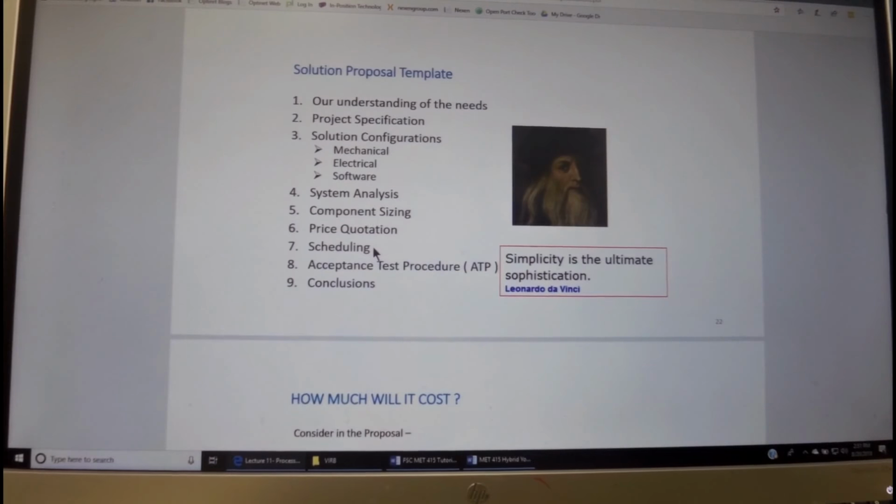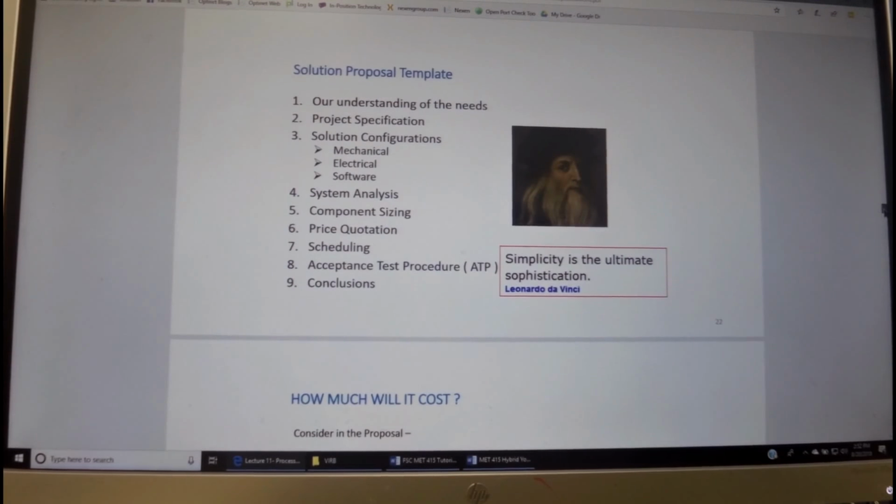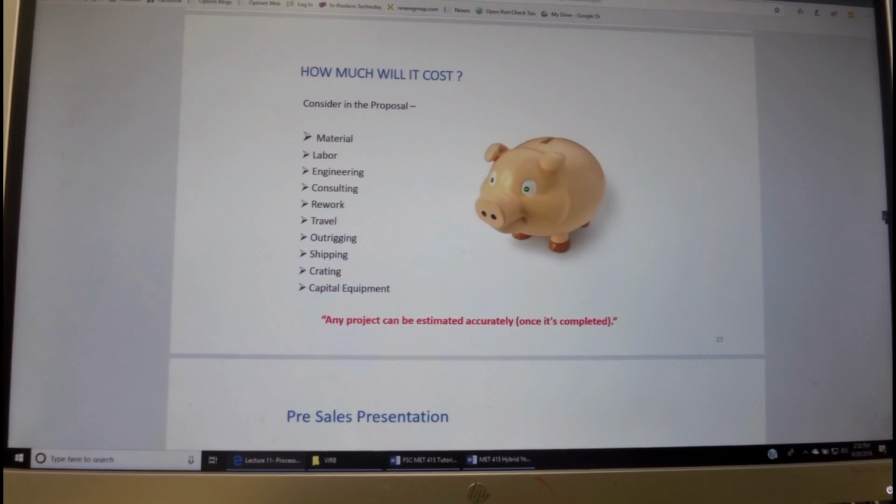Then we do the scheduling to finalize the project. We also list the acceptance test procedure so that the customer would know what is expected of him to sign off at the end of the project, and then we conclude by presenting the customer the values of working with us.